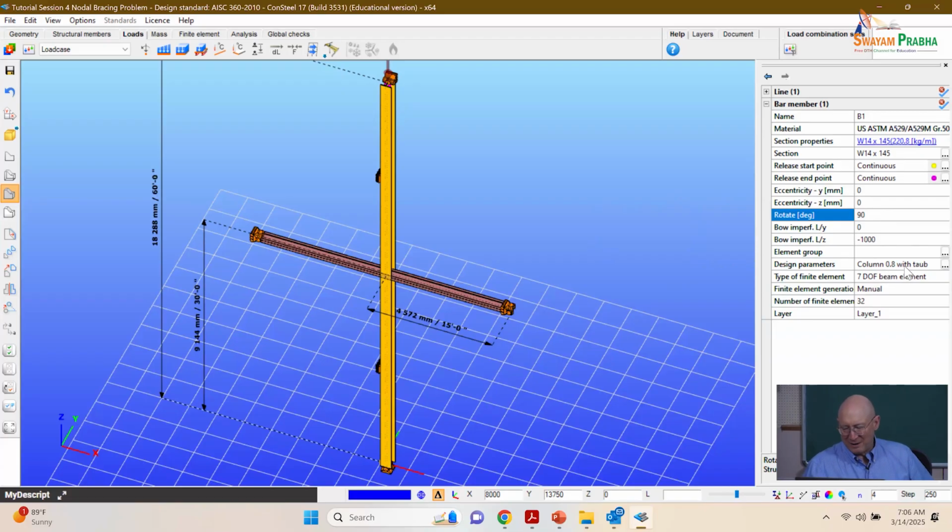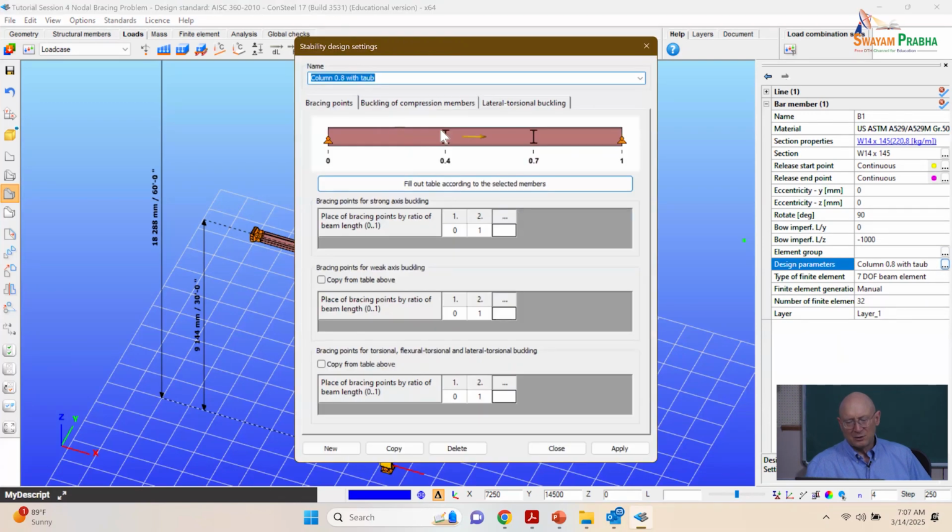I'll be frank, I think that this is kind of a beta version of Consteel looking at how to implement the AISC provisions. And so a lot of different things that Consteel does, they have basically what we need to do for the direct analysis method calculations in here. To get it, then we have to go to design parameters, and if we click on these double dots, I actually come in here to stability design settings,